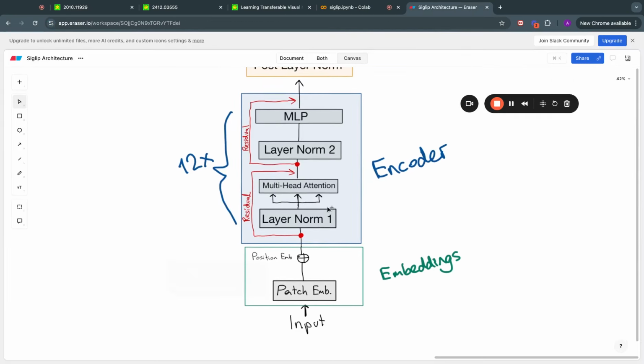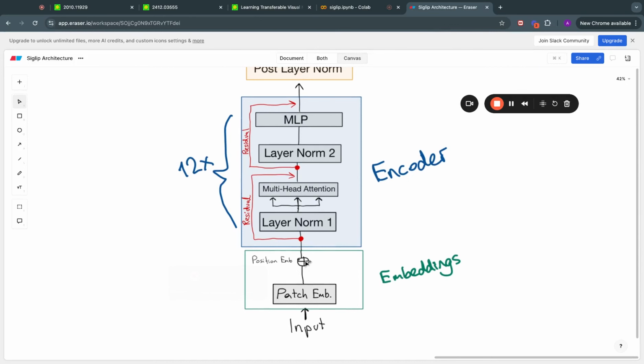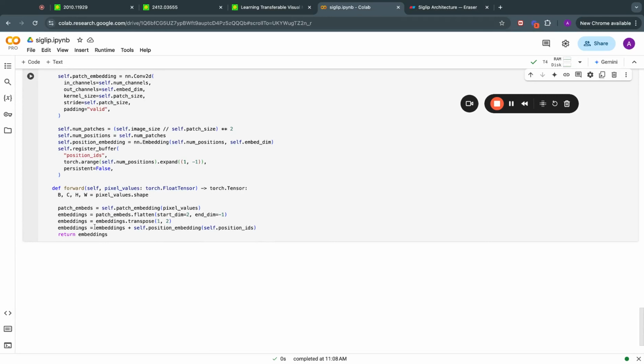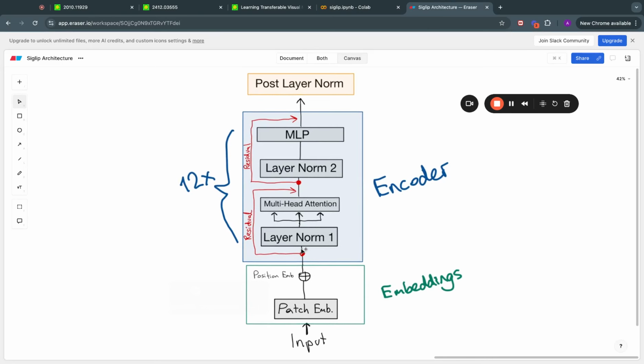So as you can see, we have the position embedding addition here. And after that, we add patch embeddings with position embeddings, and now we have our final embeddings. And what that means is now we can feed these embeddings into the encoder layer and get our image to be actually worked on inside the transformer. So let's